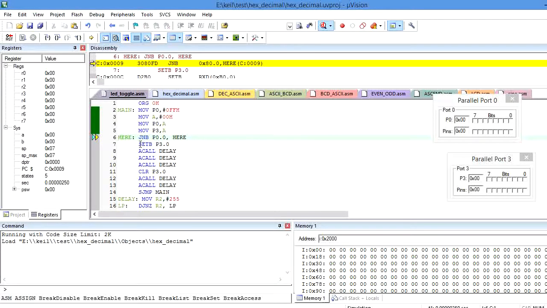So how can I monitor? By using the instruction called JNB P0.0. So let me execute the instruction here. Here it is monitoring whether the port 0, pin 0, is 1 or 0, because here port 0, pin 0, is low, so it keeps on monitoring whether my switch is closed or open. But in this condition the switch is open, so it keeps on monitoring until the switch becomes closed, then port 3, pin 0, becomes high here. So that is the condition we need to monitor in this program.